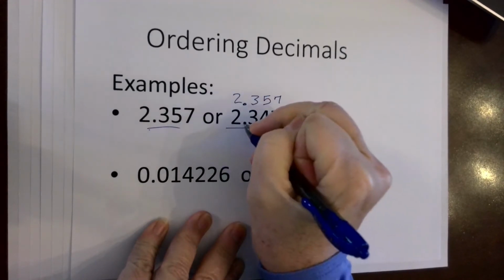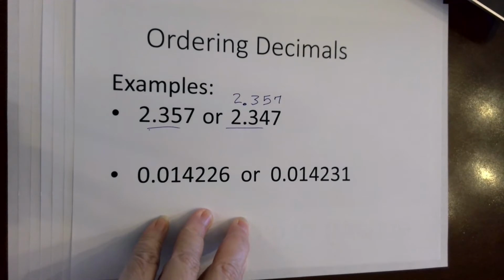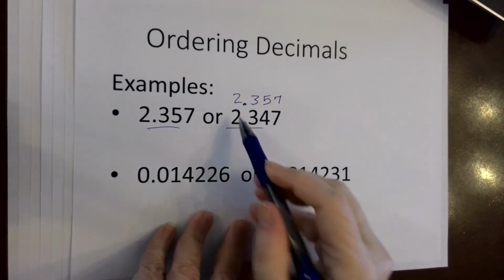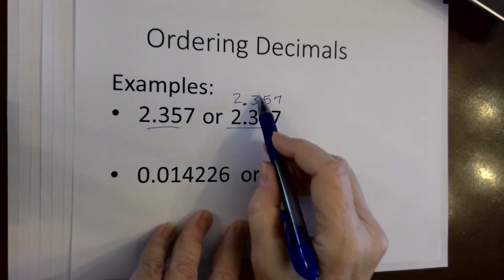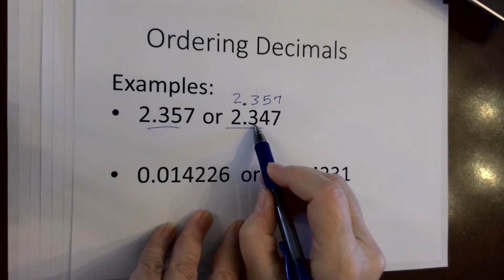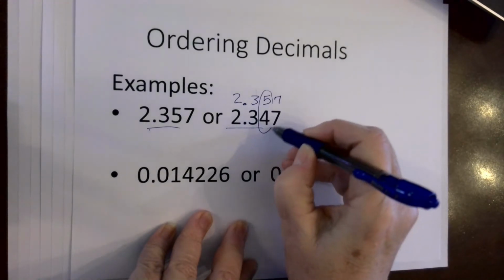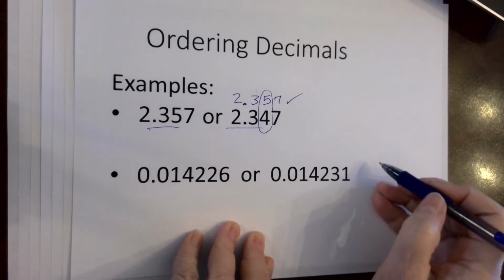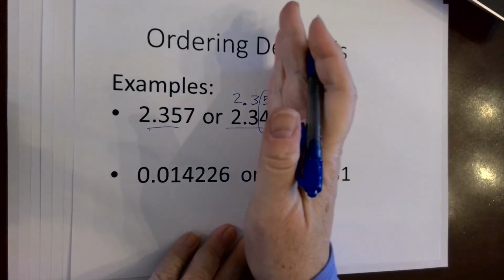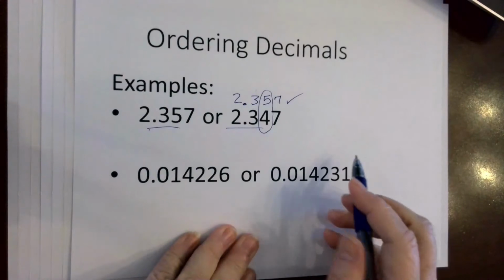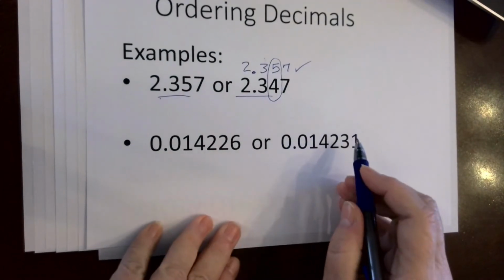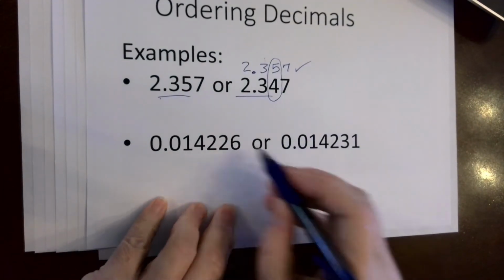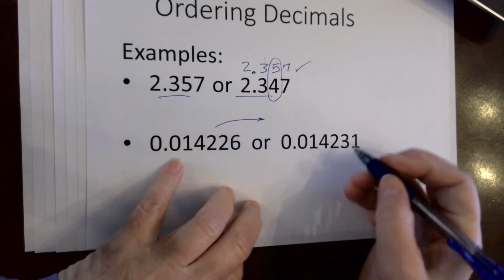So the decimals are lined up. The whole number part of it is 2. The tenths part of it is 3. Here's where they differ, and now you know that one's bigger because 5 is bigger than 4, and everything to the left is the same. Here are the steps again. Line up the decimals, so I'm going to write this one on top of the other one,